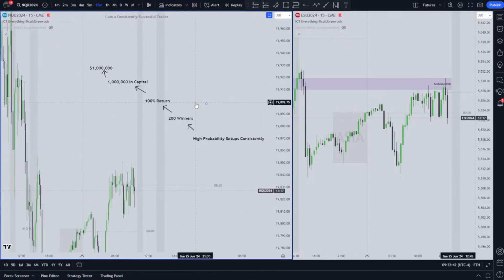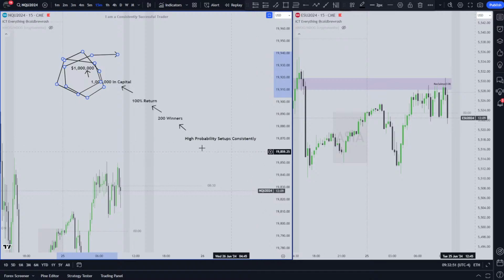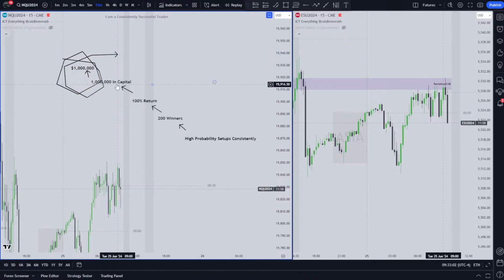That's it. So your main focus, even though you're focusing on trying to get this, it shouldn't actually be that. You should be focusing on that every day. It doesn't matter if it's win or loss, right? As long as you're taking them high probability setups, you're gonna be working towards that goal.